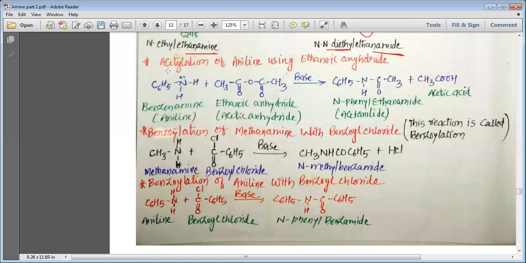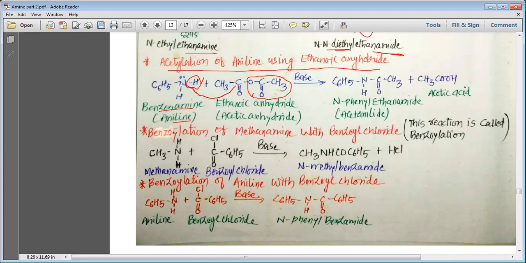Next reaction, my dear students, acetylation of aniline using ethanoic anhydride. So this is your aniline, benzene, C6H5NH2. Then you have the ethanoic anhydride. Now, my dear students, instead of chlorine here, we have this part available. So this part, that is CH3COO minus, takes the negative charge as the chlorine takes the negative charge. This hydrogen is being removed from the amine. This hydrogen and this part make CH3COOH, which is acetic acid, and simply there is